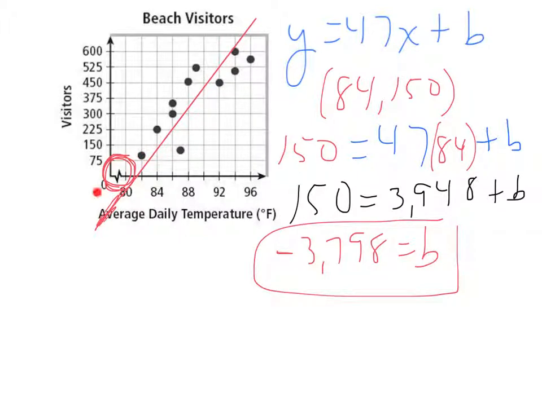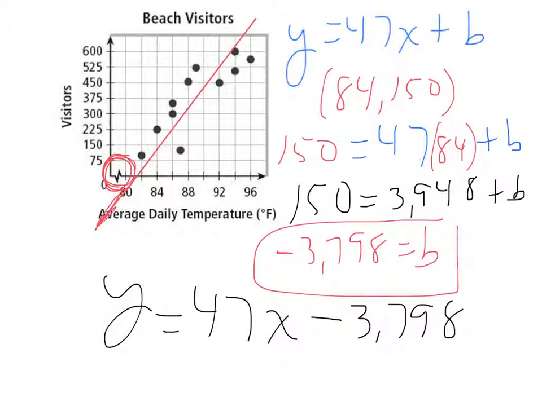And so since they're going from 0 to 80, they've actually left out a lot of this graph, which they did because all the information is within this area, and that's all we're concerned about. But if you did draw an entire graph where you inserted those extra 19, 20 spaces there, this line would have plenty of time to go down all the way to negative 3,798. So for here, the line of best fit is going to be y equals 47x minus, because that's negative,